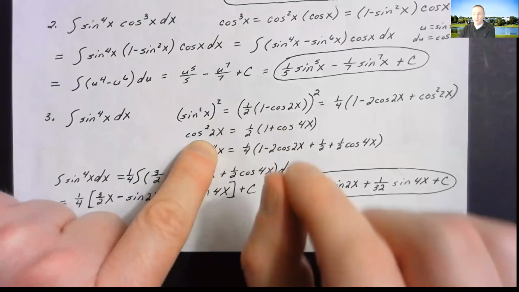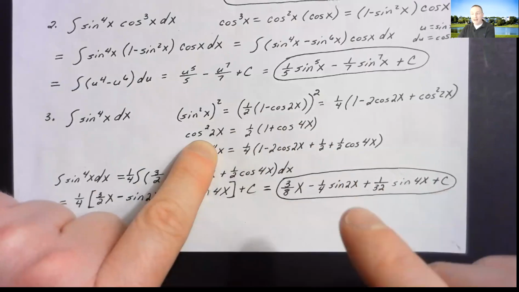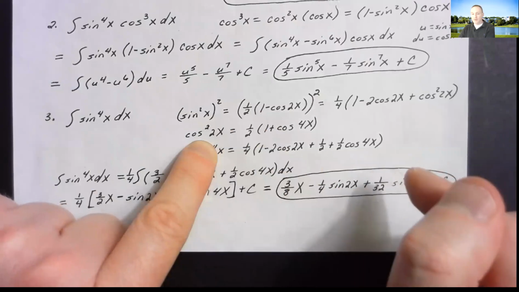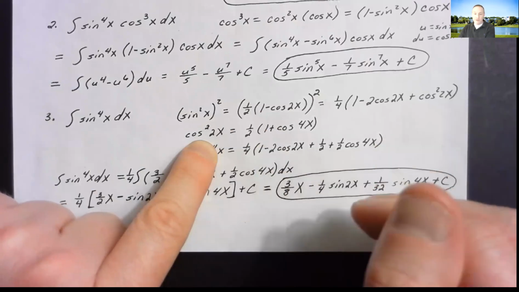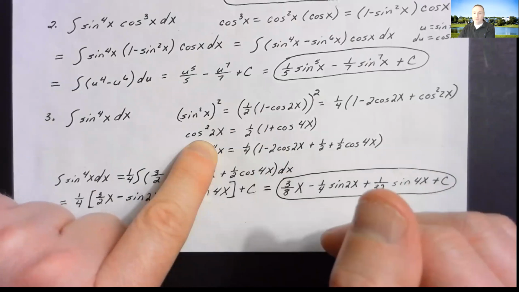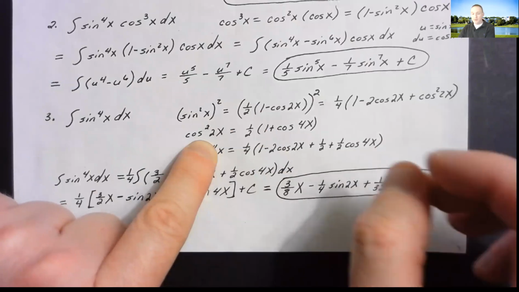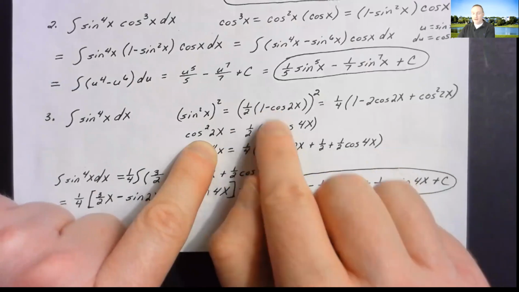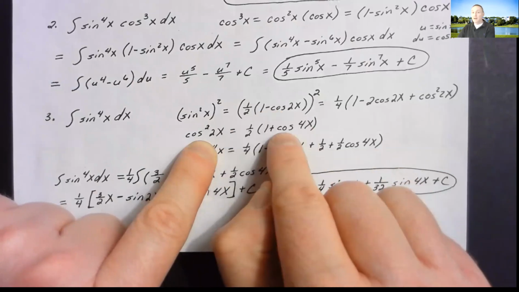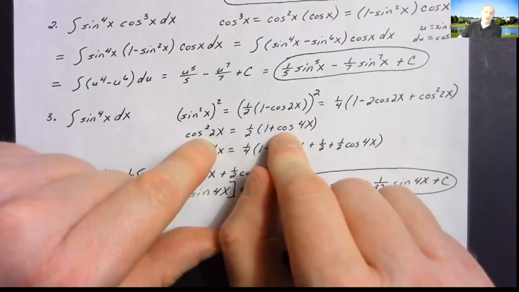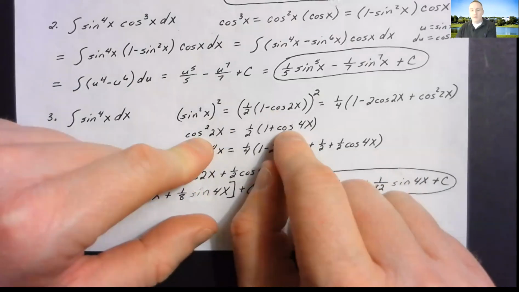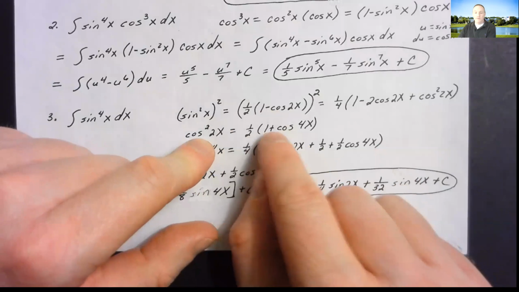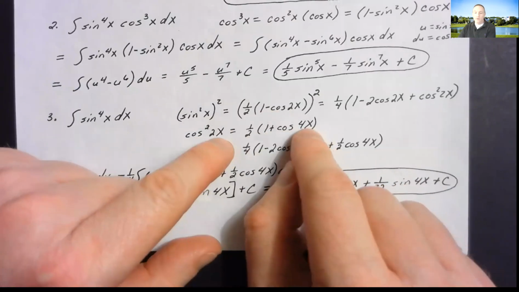The sine function, it's 1/2 times 1 minus the cosine of twice the angle. The power reduction for the cosine is 1/2 times the group 1 plus the cosine of twice the angle. That's the only difference, the sine versus the cosine function, but it's a cosine in both of them. So cosine squared 2x is going to be 1/2 times the group 1 plus the cosine of double that angle, now